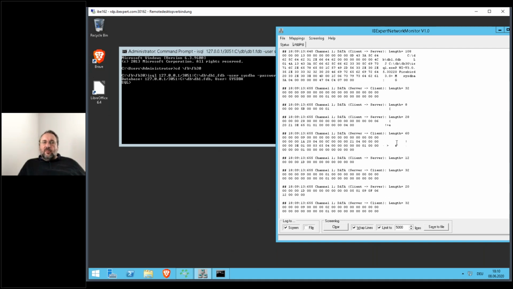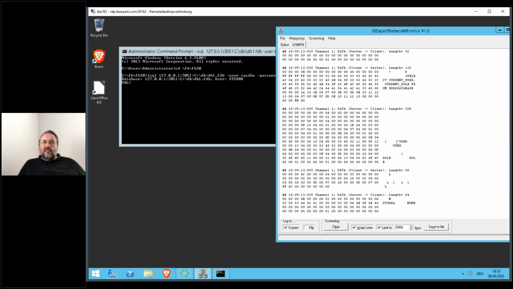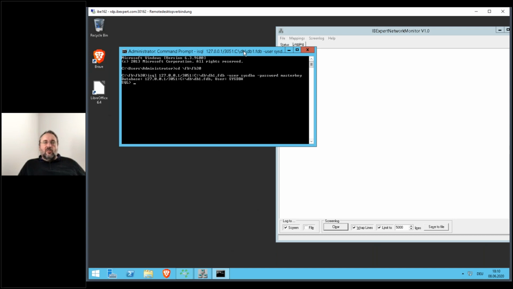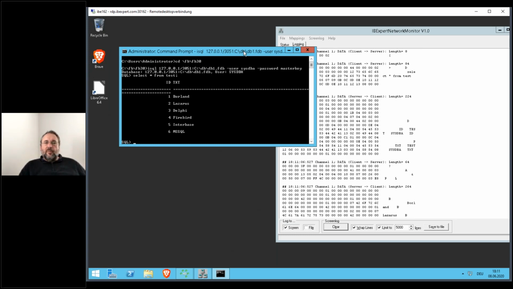Everything is now sent to the server, and we will see some basic operations that are done by the client and sent to the server, or sent directly from the server to the client without asking. If I send select asterisk from test, semicolon, not to be forgotten, we will see what happens over the network protocol. We will have a look at that part a little bit later. We will now do a quit,